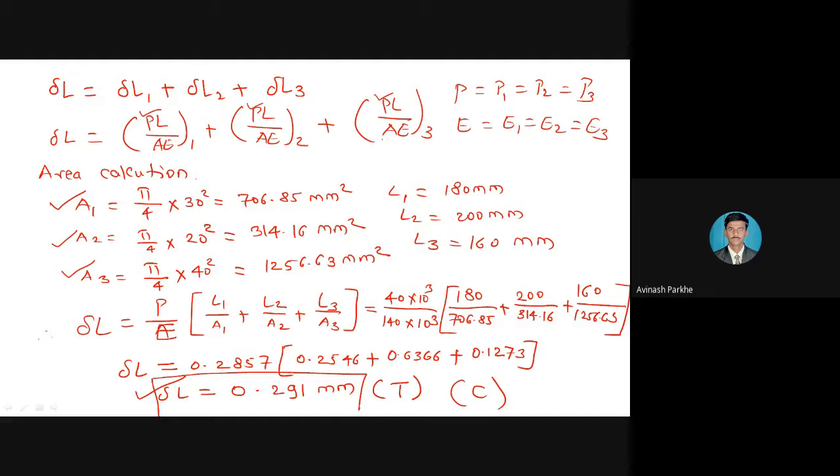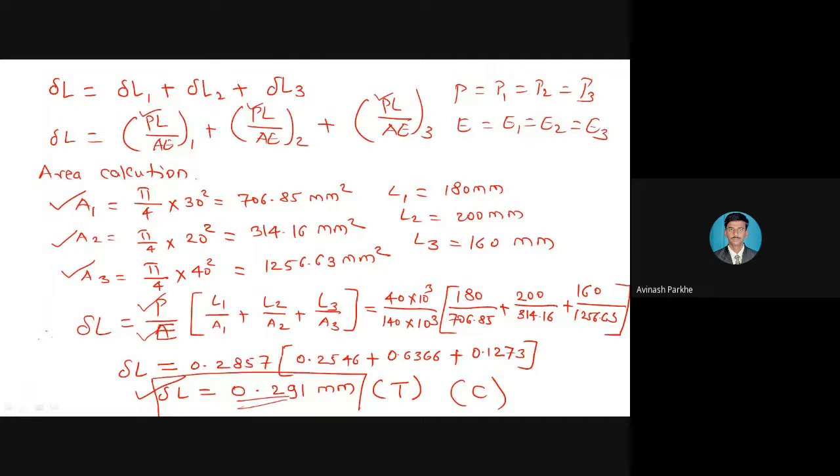But in those three sections, two parameters are constant that we have taken outside the bracket. That is, the total load applied on the three bars is constant, and there is only one Young's modulus, that is E. The remaining terms, L1 upon A1 plus L2 upon A2 plus L3 upon A3, remain inside the bracket because these parameters are not constant. Then by putting the values of P, E, L1, L2, L3, A1, A2, A3, we have calculated the total elongation, which is equal to 0.291